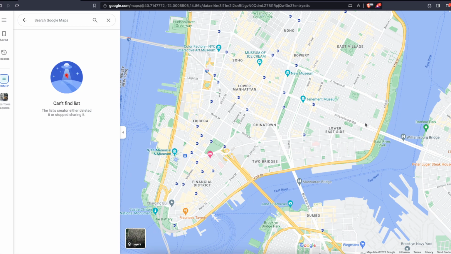Hello guys, so today I'm going to show you how to add your address to Google Maps so that others could find it. So first of all, what you need to do is of course write down your address